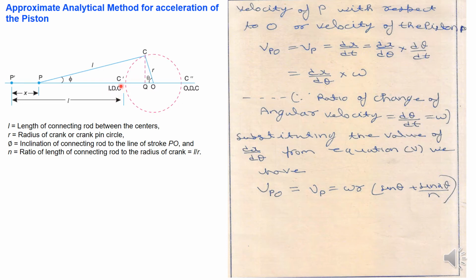This is the inner dead center, briefly written as IDC, and this is the outer dead center, briefly written as ODC. Now let x be the displacement of a reciprocating body P